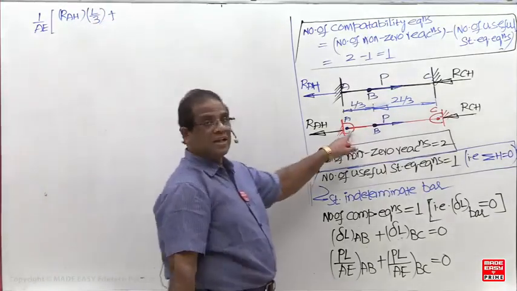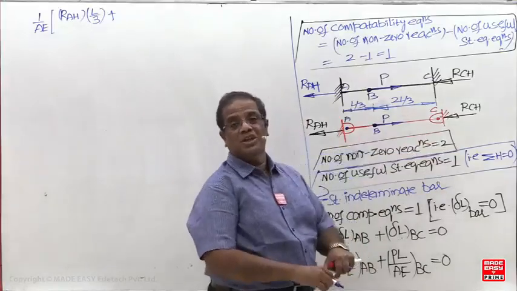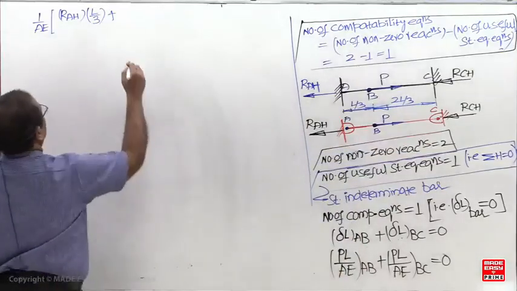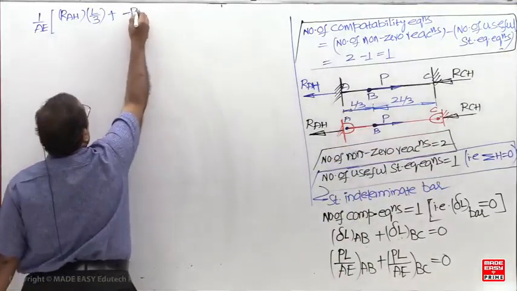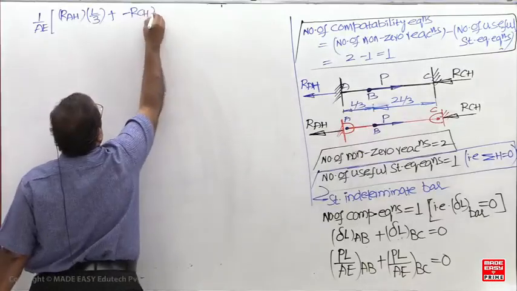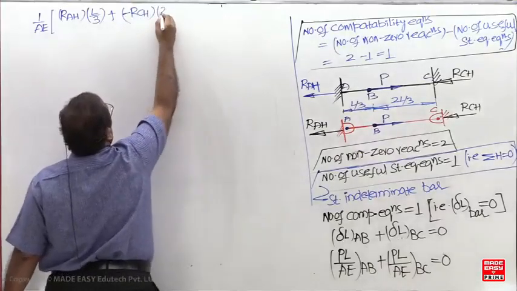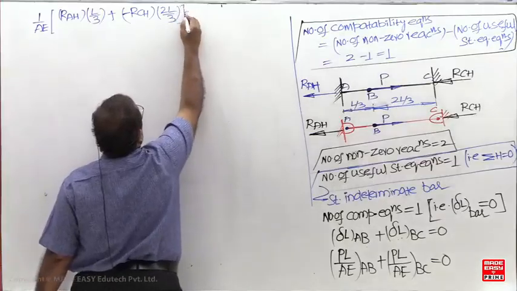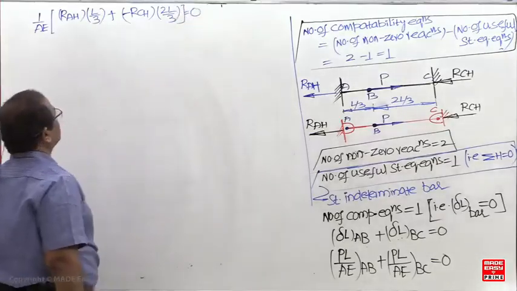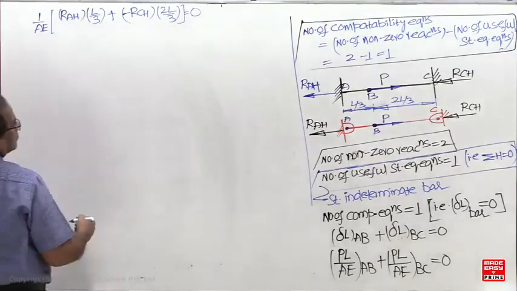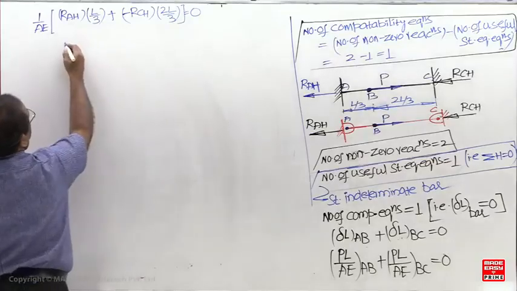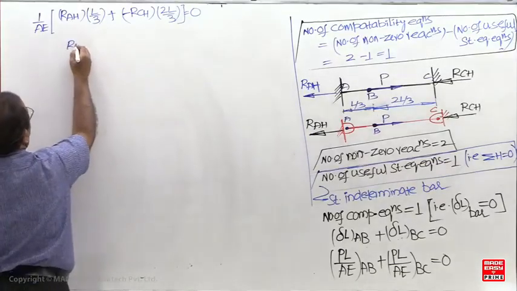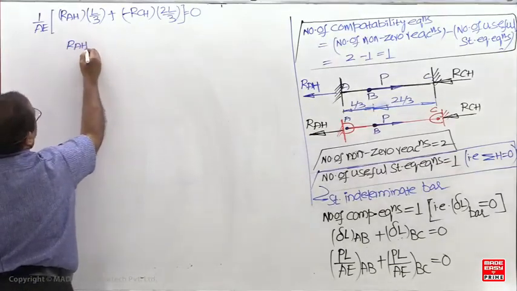What is the load in BC, the load at the non-junction? Minus RCH. This equals 0. So RAH is equal to